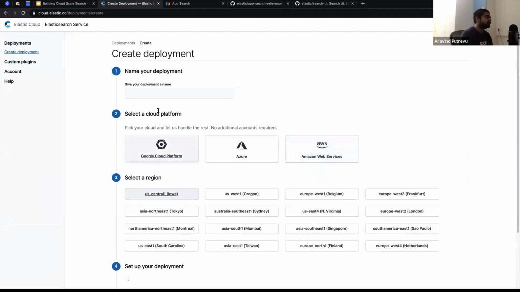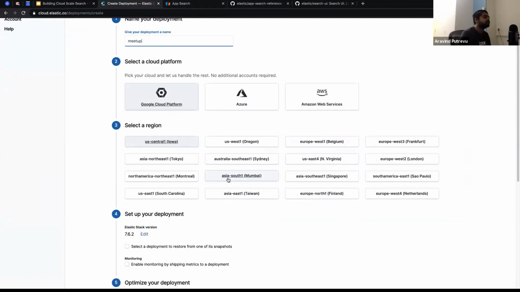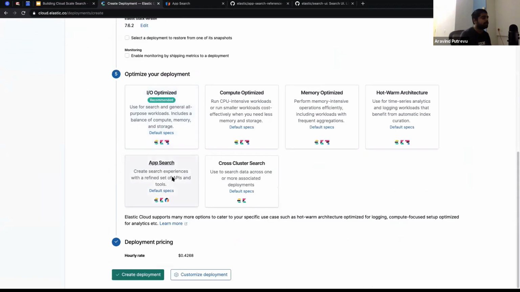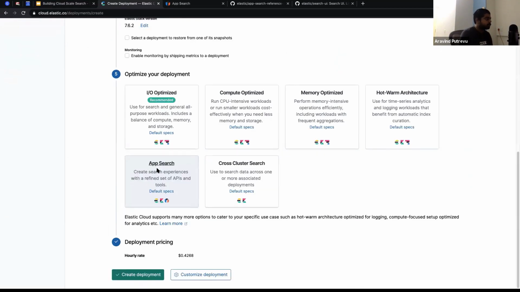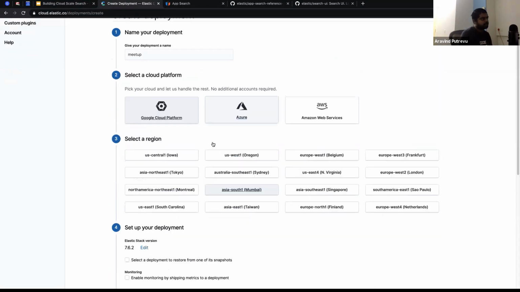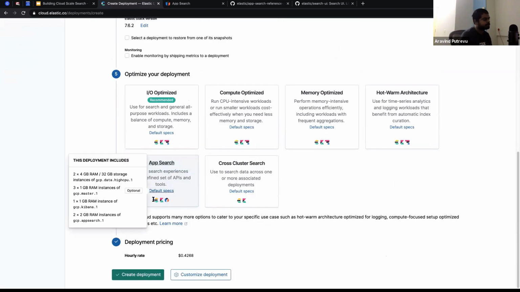I'm not going too fast, so I believe it's easy for you to consume. What I did is I just started a deployment. I chose App Search as a template. You can see the default specs, and if you want to, you can also increase the RAM and other stuff.